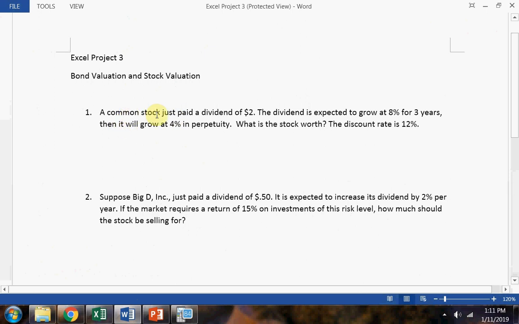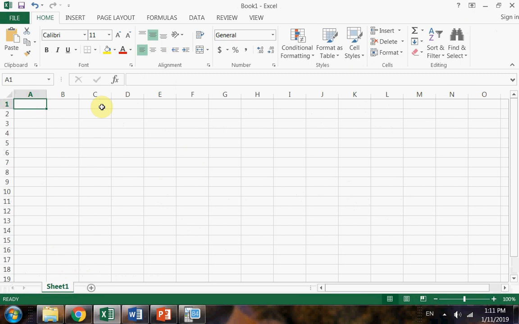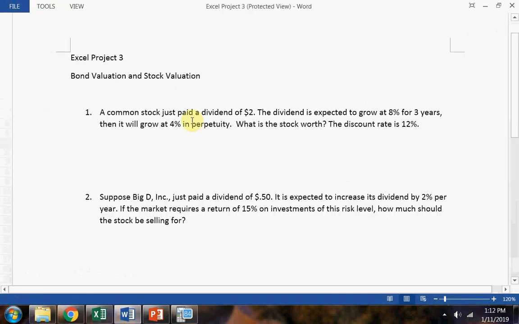A common stock just paid a dividend of $2 and the dividend is growing at 8% for 3 years. Then it will grow at 4% in perpetuity. What is the stock worth when the discount rate is 12%? So when you open an Excel file, something you can do is create 2 columns. One column records the year number, and another column records the cash flow, and this time it is a dividend. All right. So you have year 1, year 2, year 3, and since this is a perpetuity problem,